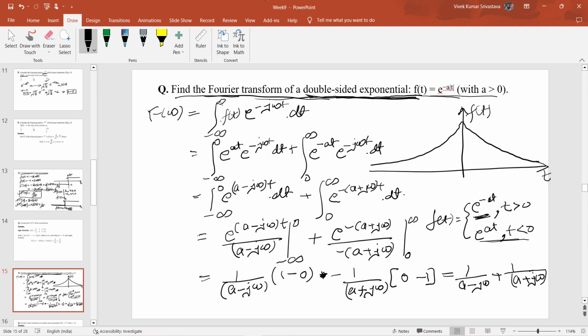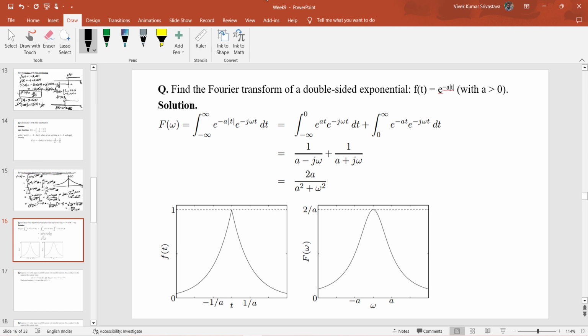Now once you further solve, you will get this expression, that is twice a over a square plus omega square. So this is the Fourier transform of this function. Once you plot this expression, you will get the Fourier transform like this. So this is the Fourier transform of a double-sided exponential function. Now moving ahead,